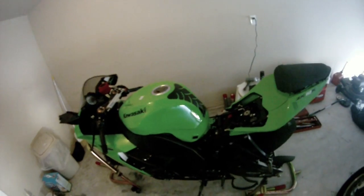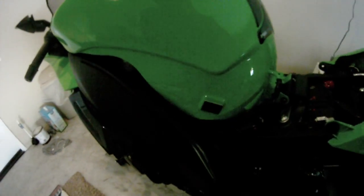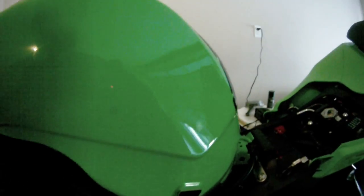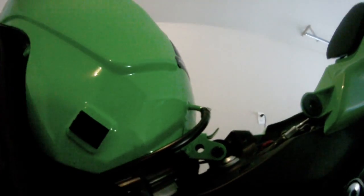So, first thing you want to do is unplug this guy, which I think is the fuel sensor, something like that. I don't have a tripod to hold this camera, so you guys might have to bear with me for a second here. But what I usually do is, there's a tab right here. You gotta take a flathead screwdriver and push up on this tab right there. Push up, pull it apart,